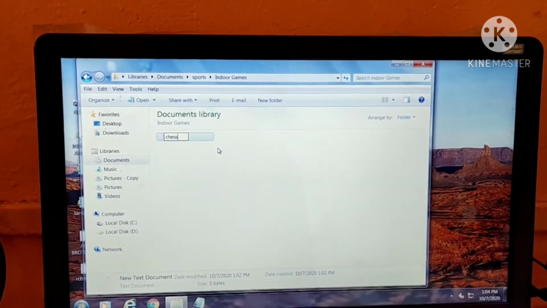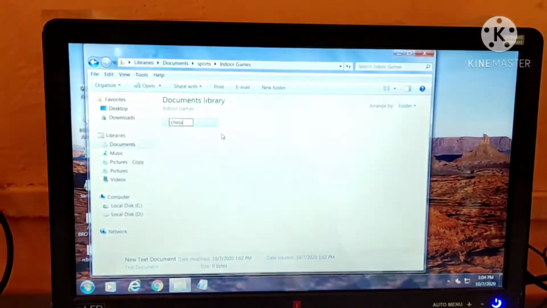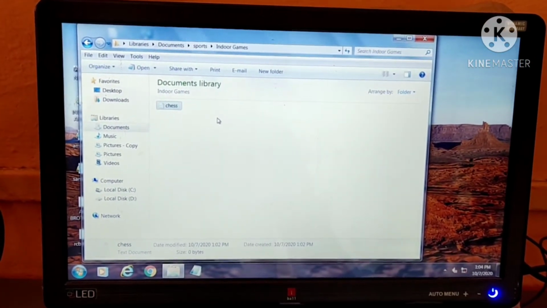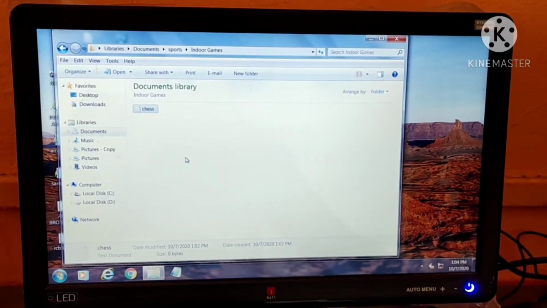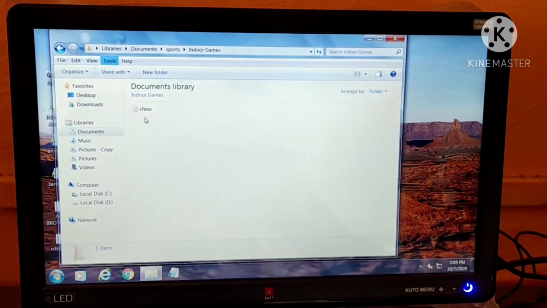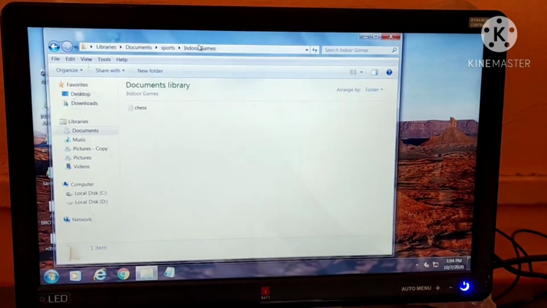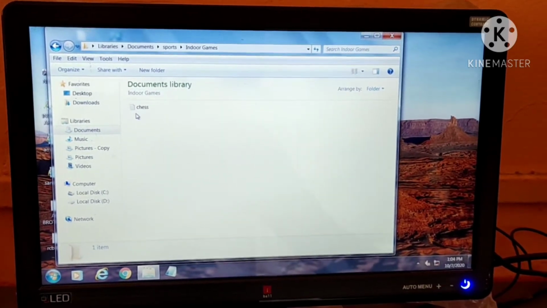So I am writing CHESS. After writing, just press the enter key. Here I have created a file in indoor games. You can see libraries, documents, sports, indoor games. In indoor games I have created the chess file.